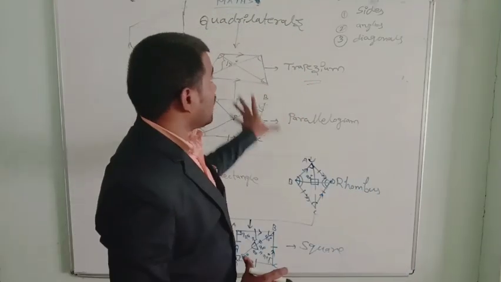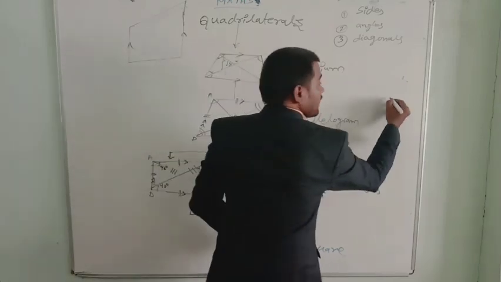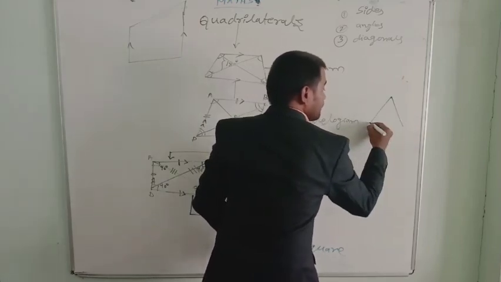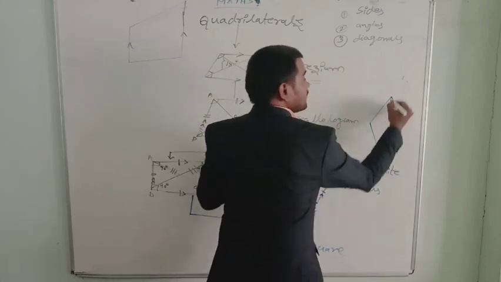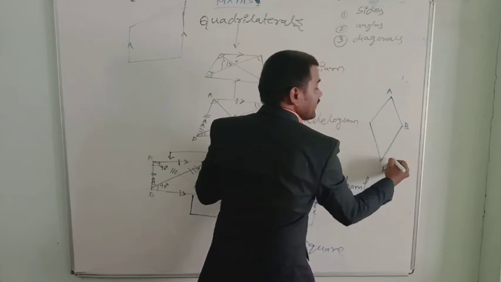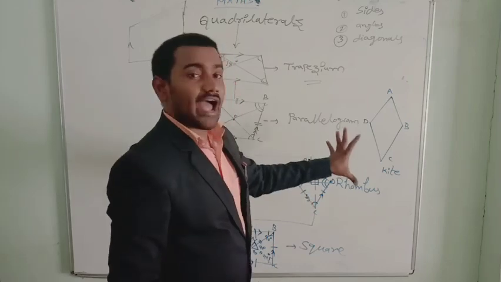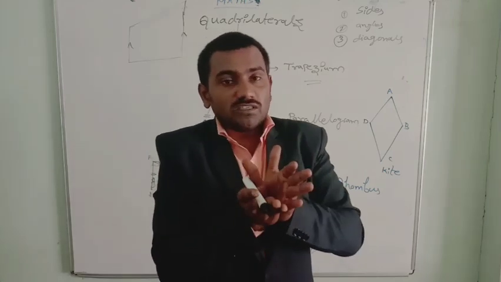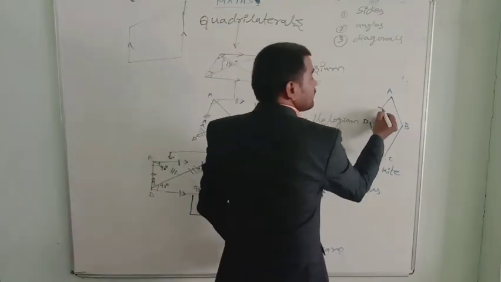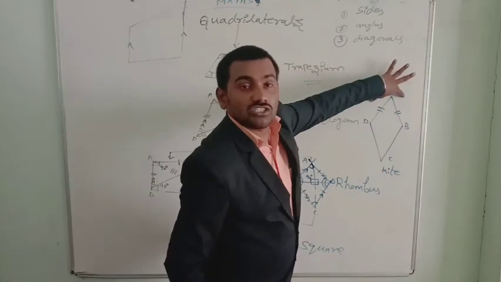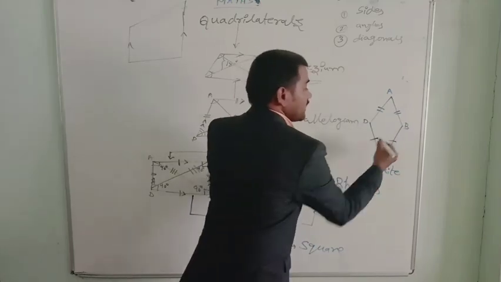Now there is one more kind of quadrilateral which does not come under this group. This is another group of quadrilateral, that is a kite. So a kite is a different kind of quadrilateral from all of these, with separate properties. A quadrilateral having two pairs of consecutive sides equal is known as a kite. These two are the consecutive sides; the top two sides are equal and the bottom two sides are equal.